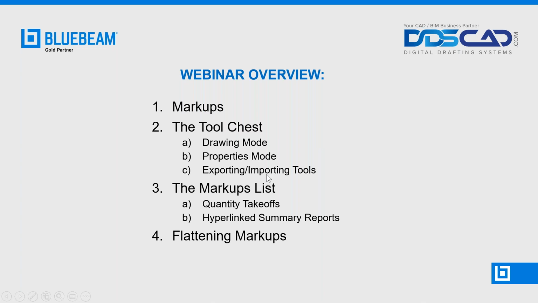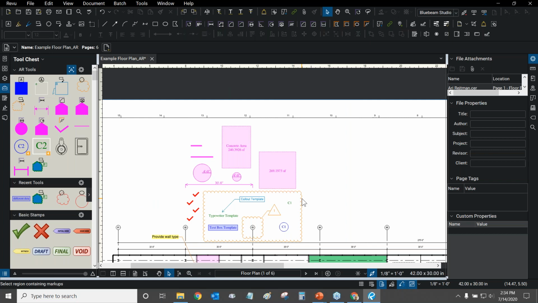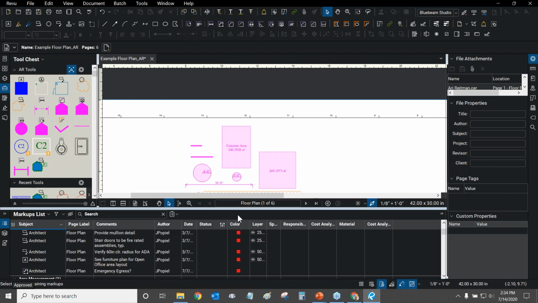Yep, we've gone through everything that I wanted to. So let's look at the markups list and let's go into quantity takeoffs. So we can access our markups list in a couple of ways. We have a divider line in between the markups list itself and the status bar or Windows itself if you don't have your status bar turned on. You can also click on the 3 dots and the 3 lines right here in the bottom left of my screen. So I'm going to click on that. And now my markups list is open and ready to be used.